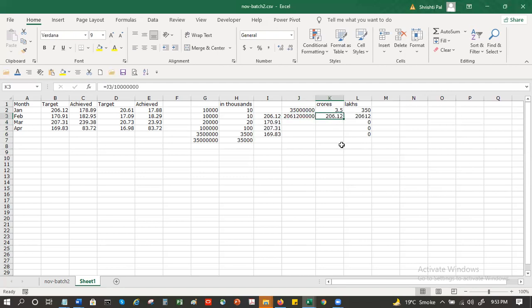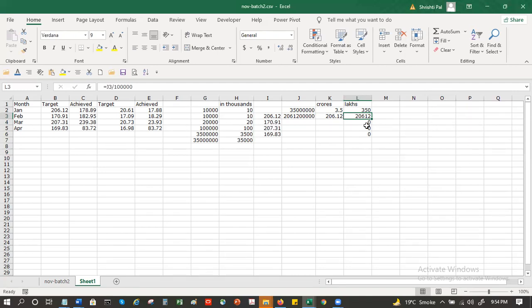Are you with me on this? You agree with this? Yes. Absolutely. Now, if I want it in lakhs, it will be 20612 lakhs, because the unit is smaller, the number will be bigger. That's our fundamental maths.